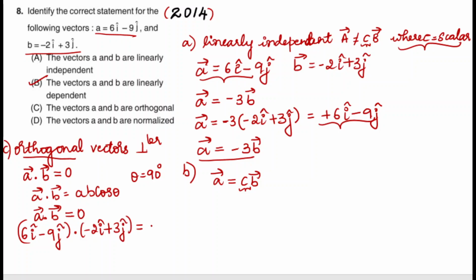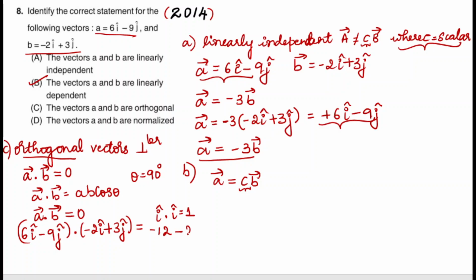Now on multiplying, i cap dot i cap gives you 1. I have told this many times, whereas i cap cross j cap gives you 0. Normal multiplication gives four terms, whereas vector multiplication, that is, multiplication of unit vectors in the dot product, gives only 2 terms. Okay, now 6 minus 2, it is minus 12 i cap dot i cap, which is equal to 1, minus